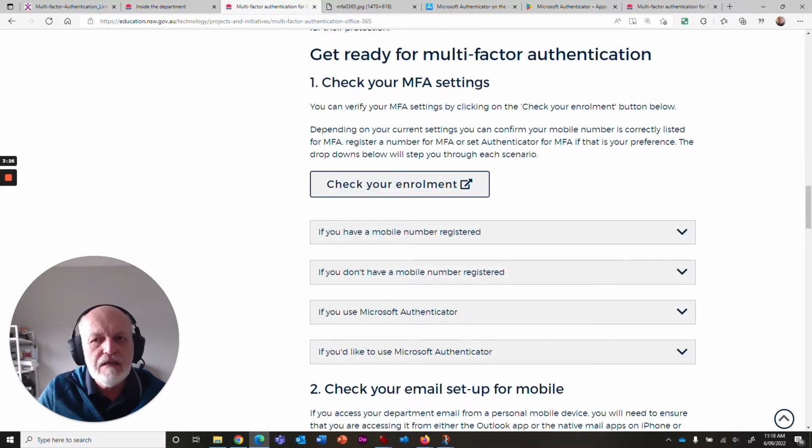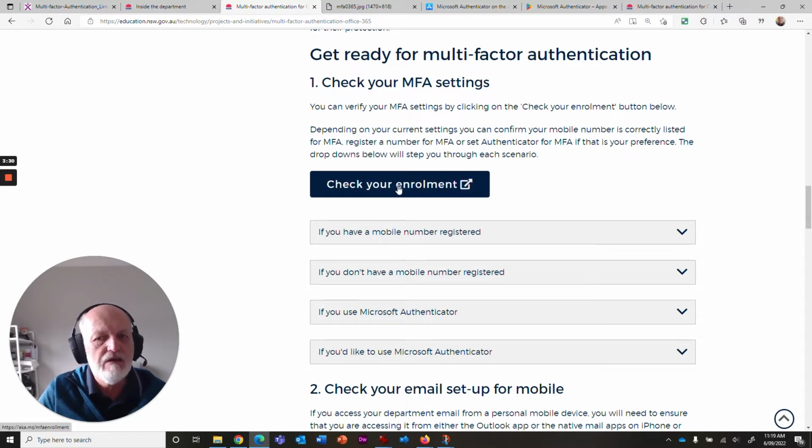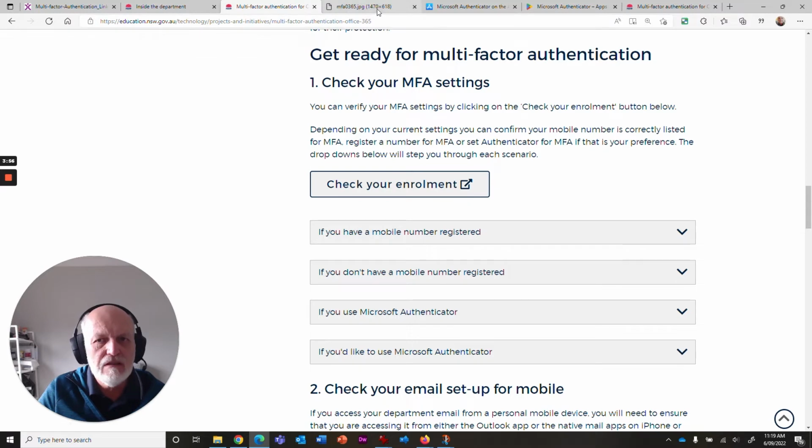One important thing to get ready for multi-factor authentication is this button to check your enrollment, which verifies that your mobile phone number has been set up in Office 365. The department has taken the mobile phone number in your portal, the one you use for multi-factor authentication for those portal functions I demonstrated earlier, and put it onto Office 365 as well. So it should already be set up, but if you go through this check your enrollment process, you'll